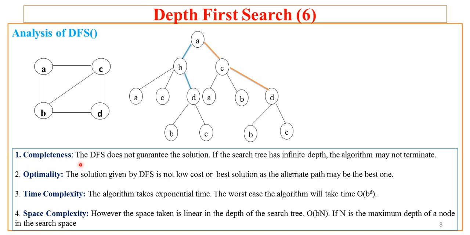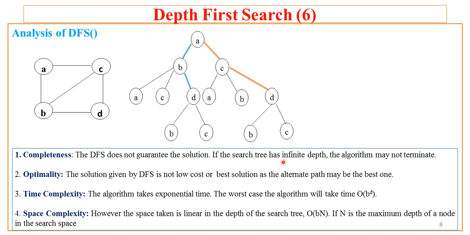Now DFS, or any algorithm in the world of either artificial intelligence or data structure, has to be analyzed based on four features. First is completeness. What is completeness? That means if the DFS algorithm guarantees the solution, then that algorithm is complete. But in our case,